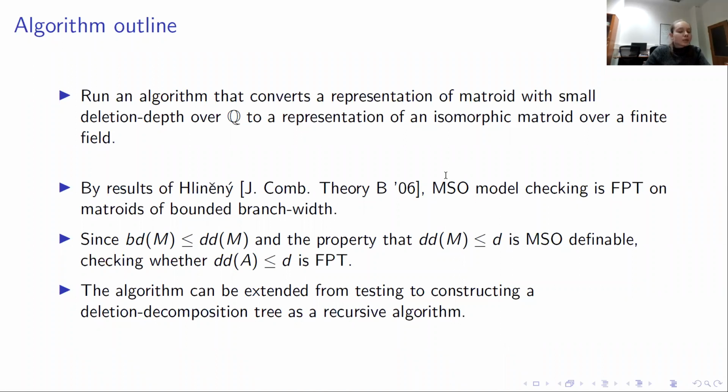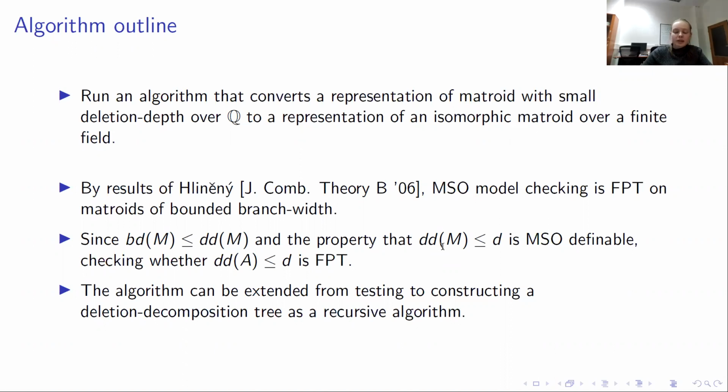And since the branch-depth of a matroid is always less than or equal to the deletion depth of a matroid, and also the property that the deletion depth of a matroid is at most D is definable in monadic second order logic, it follows that there's an algorithm for checking whether the deletion depth of the matroid is at most D in FPT. And then what we did, we extended this algorithm for checking whether the deletion depth is at most D to an algorithm that constructs the decomposition tree in a recursive way,